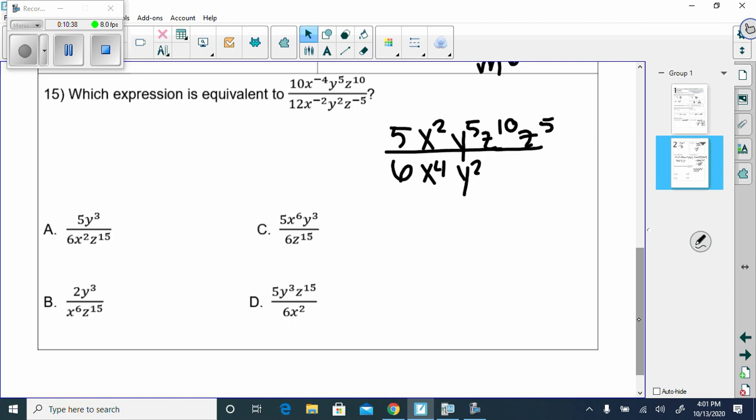Okay. Now that they're in the right spot, we can use our rules from over here. So we have 5 over 6. So for x, I've got 4 minus 2. 2, and the big number was in the bottom. So it goes to the bottom. So x squared in the bottom. Then for y, I've got 5 minus 2. 3. Good. And the big number was in the top. Okay, and then my z, they're both in the top. You add